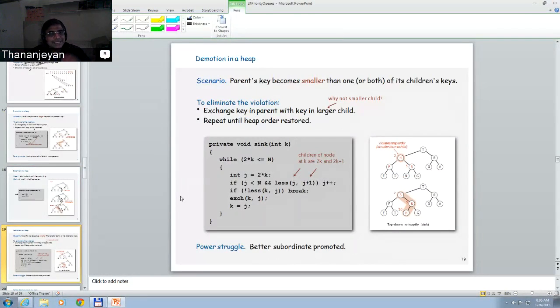It's not how you put things in, it's how you take things out that matters. If you want the last thing to be the first one out, use a stack. If you want first in, first out, use a queue. And if you want the element with the highest priority, use a heap. So you're using a heap. So to remove it, remove the